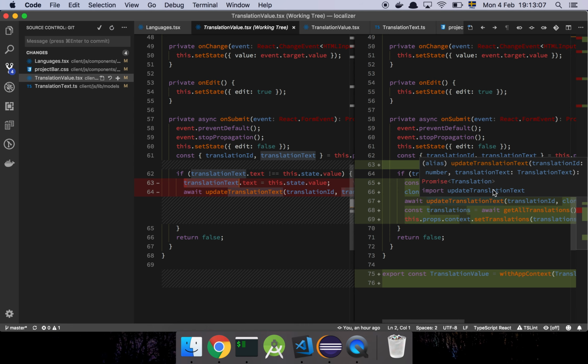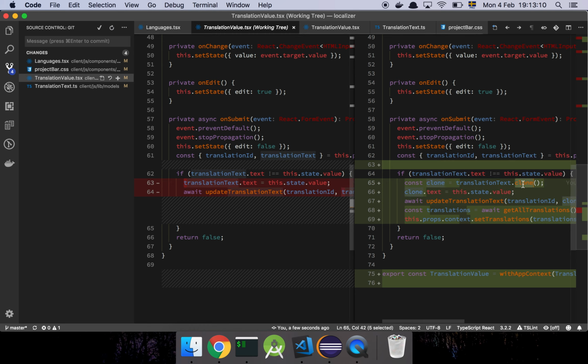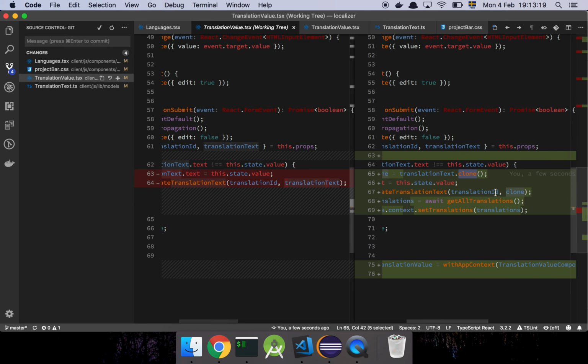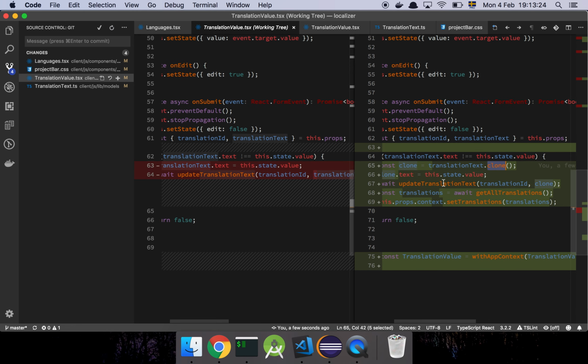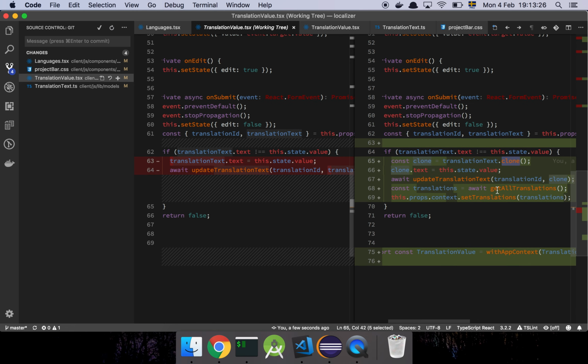So what I did here is that I created this little clone method on my translation text model, and then I clone, and I get a clone, and then I set that value to the provided text. And then I pass the clone into our update translation text and make a network call, and once we made this update, I actually go and get all the translations again, and then I set them to force a re-render of the page, so that we can actually cascade this update up to the languages component, so that it actually understands that, oh yeah, we have a bunch of keys that have been